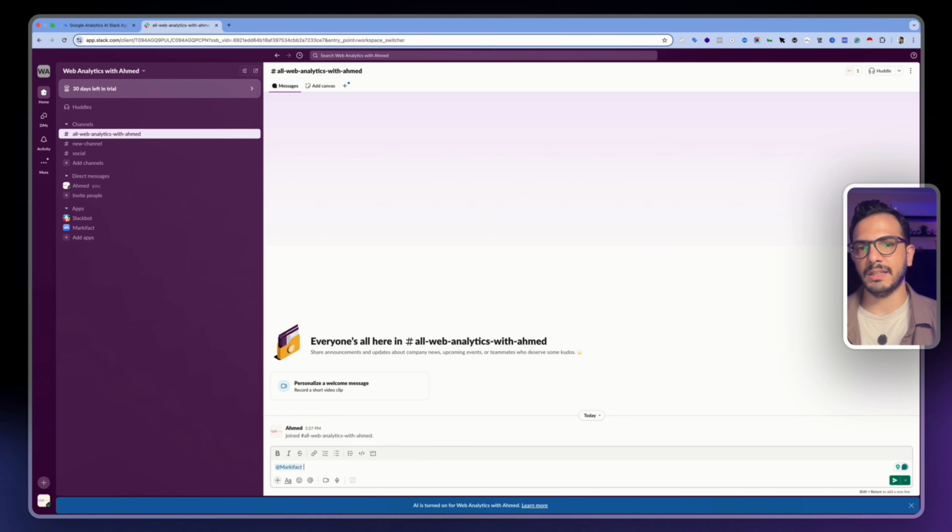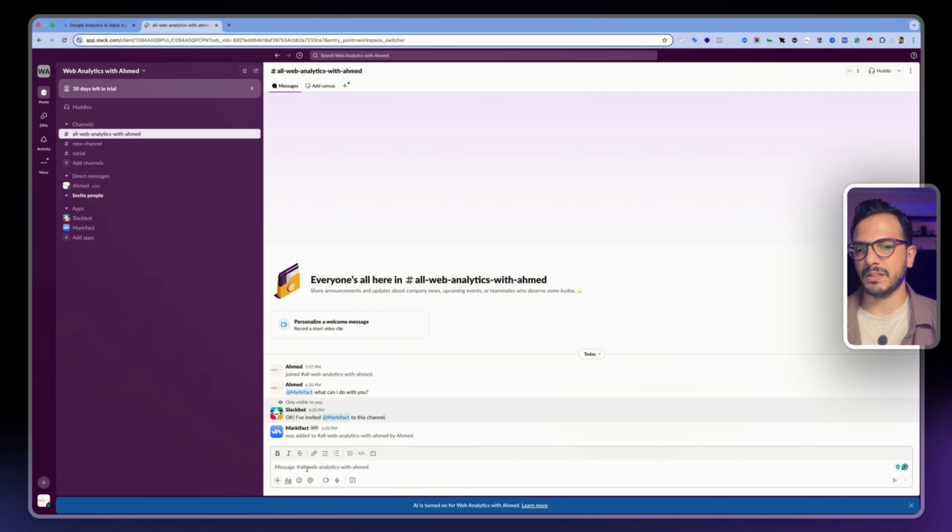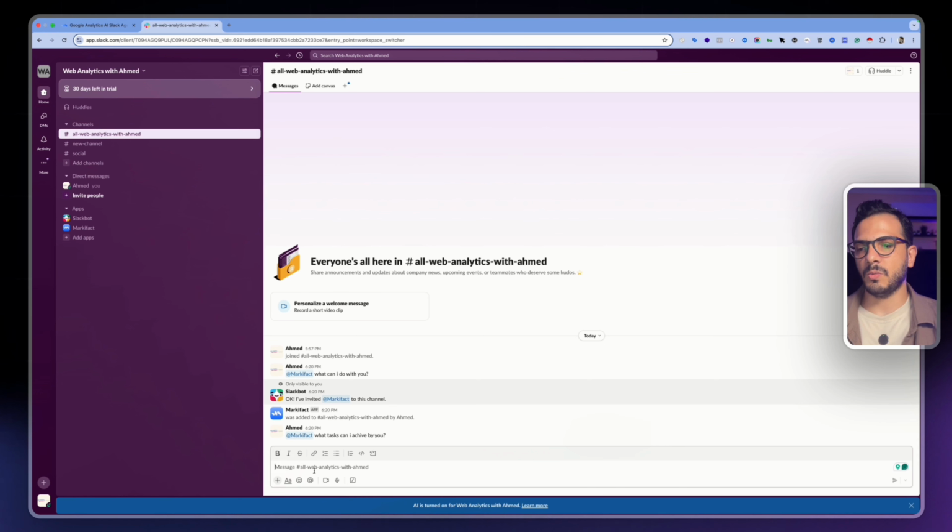So just add the @ symbol and then type Markifact, and then, for example, let's now ask what it can do. So what can I do with you? Once you type the question, what you need to do is adding the app. Sorry, it wasn't added. So let's ask it the same question. What tasks can I achieve by you? Once you type the question, it will give an emoji to whatever you have sent here, and then it will